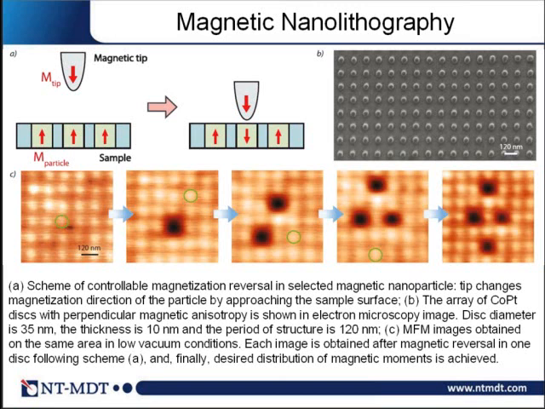You have arrays of cobalt platinum disks, and here on the top you see the non-magnetic image of these disks, and by putting a magnetic tip close to one or another disk, you can change the magnetic state of this disk as it's shown in this cartoon. And it can really be realized as shown by this real image. So you see that one or two or three, even more disks are remagnetized,